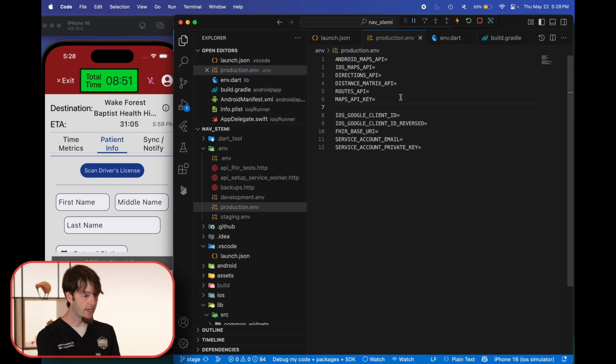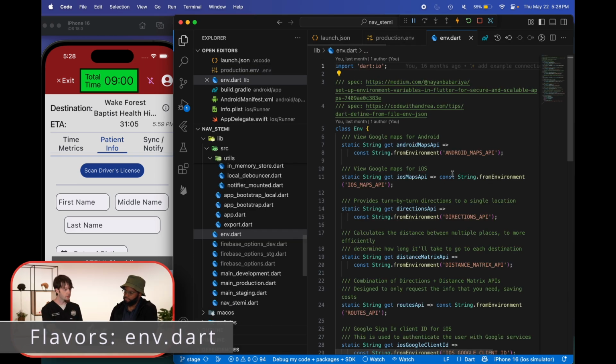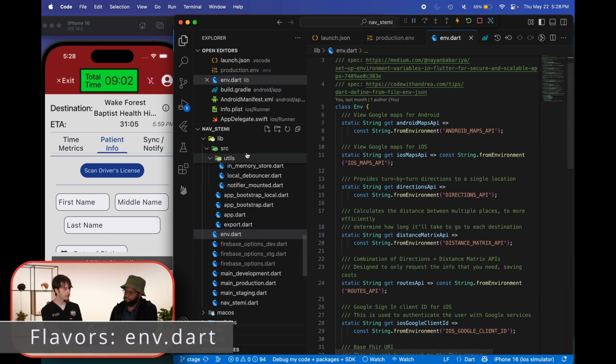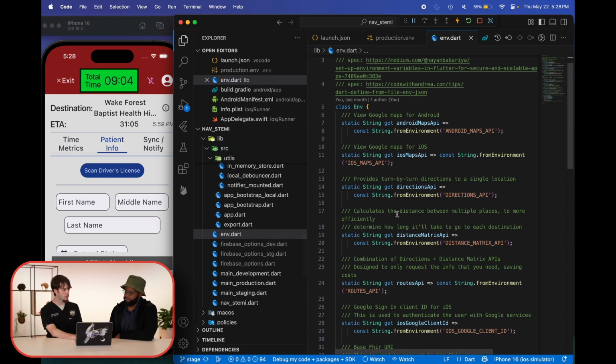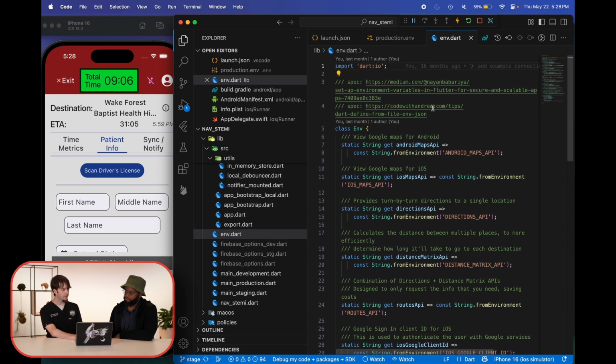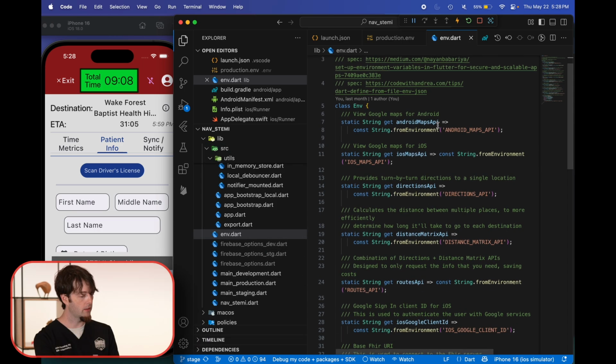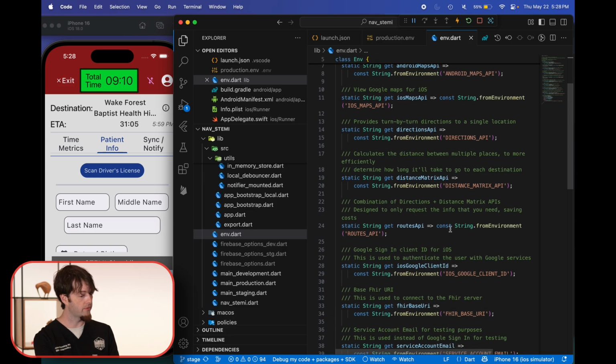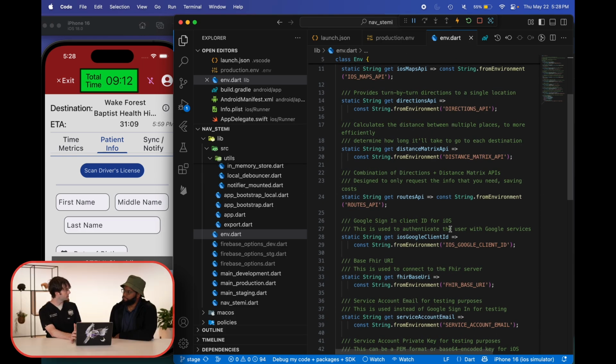So if you're setting this up and you want it to connect to Maps, you need to at least have a Maps API key and Routes API. What these are defined as, you'll see in the main folder env.dart, as well as specifications for where those are coming from and what each one of these actually means.